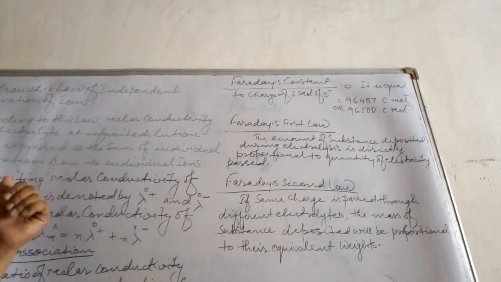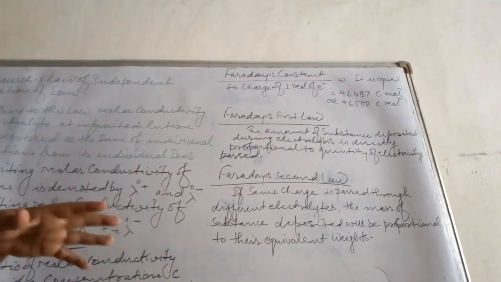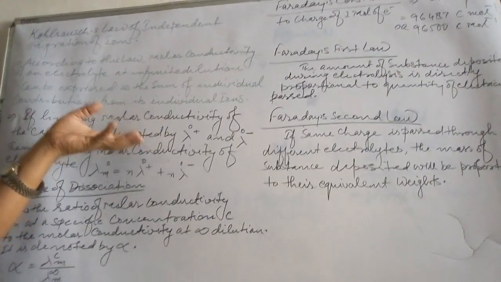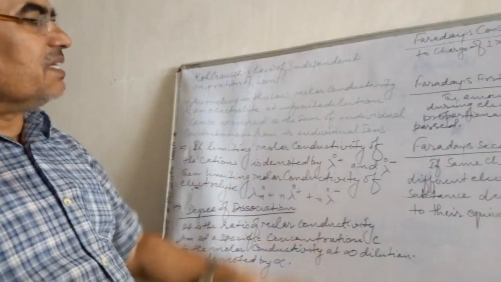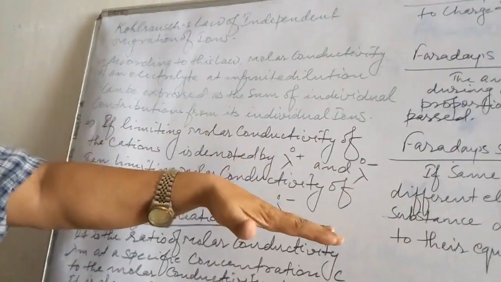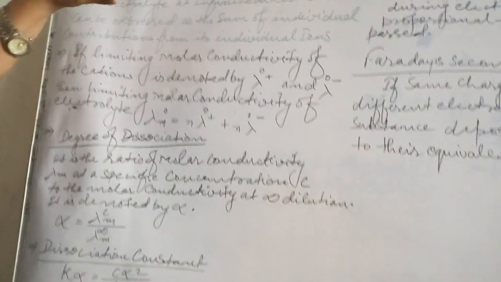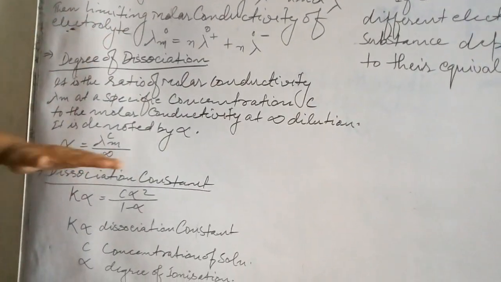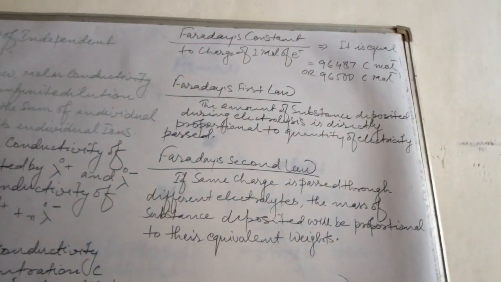Now the next topic, children, we will discuss the cells: dry cells, galvanic cells and the batteries, lead storage batteries. Primary cell and secondary cell we will discuss in detail, and even corrosion, the electrochemical process, we will discuss. So ultimately children, this chapter will give you a clear discussion of Faraday's first and second law, and here molar conductivity, equivalent conductivity, Kohlrausch's law, degree of dissociation, dissociation constant, specific resistance, specific conductivity, resistivity, etc.